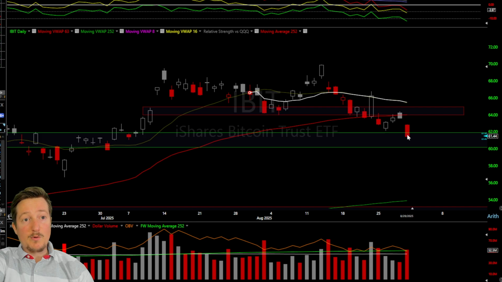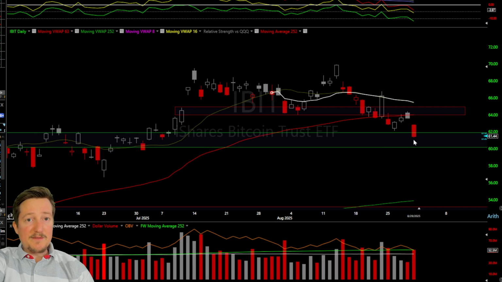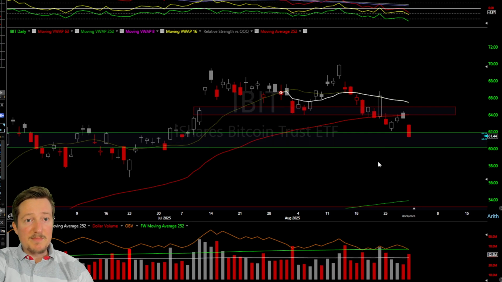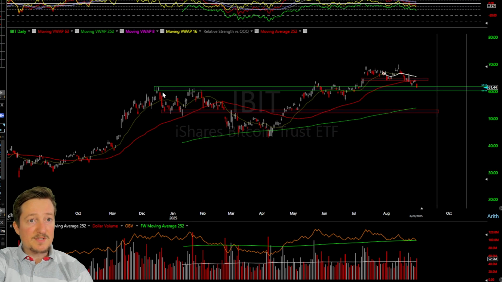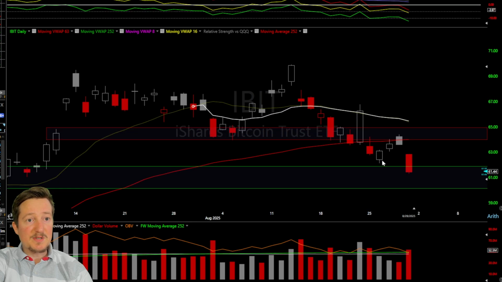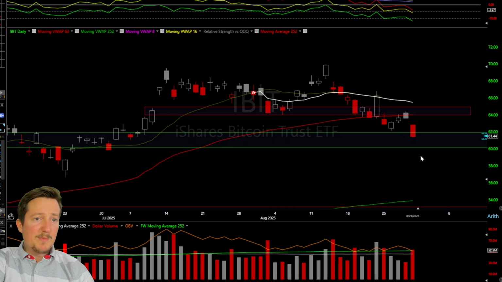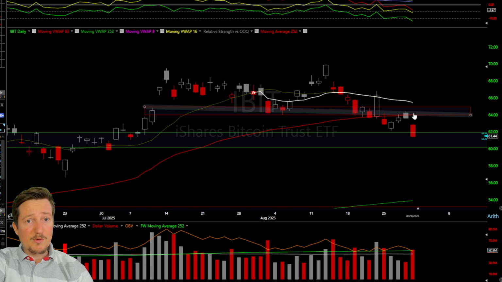Now, I know the Bitcoin market is open. I haven't checked it, but I'm just doing TA on the ETF here. The ETF is actually going into this kind of demand area, which is kind of the breakout point, so I'd expect there to be some support. Maybe for this week, I don't think Bitcoin's going to really do anything because it's below the quarterly moving average and it's into this area.